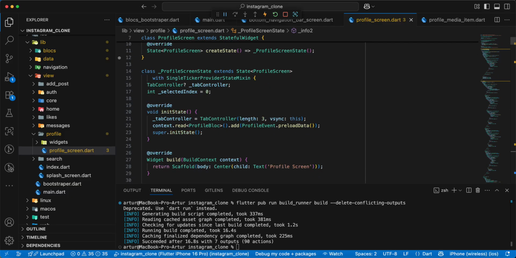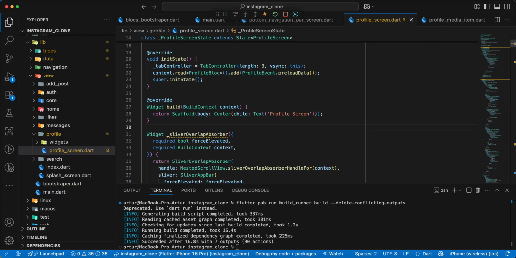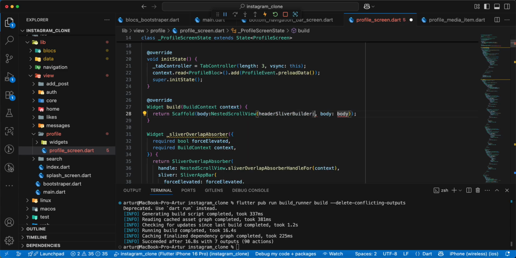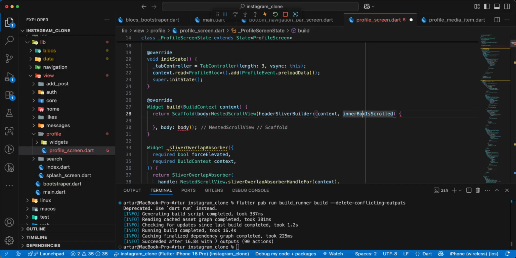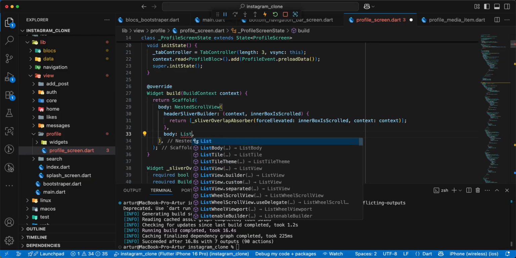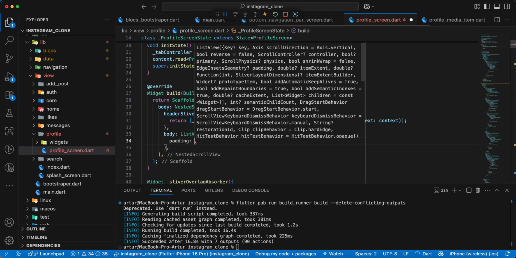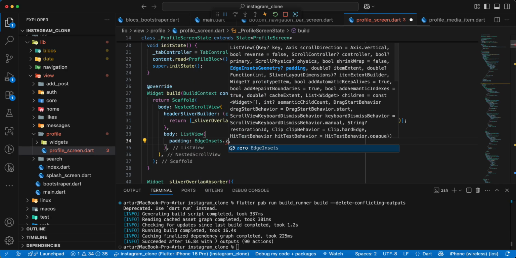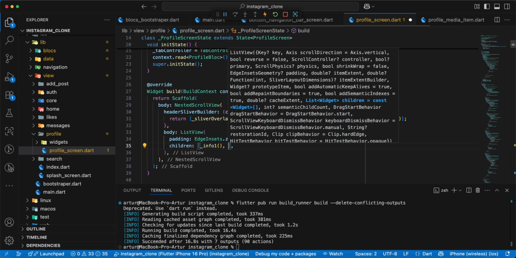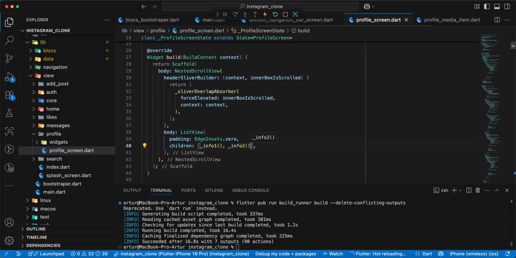then we add widget info2, and now we update widget scaffold, add NestedScrollView, write return, write ListView, write Padding, EdgeInsets 0, then we add children info1 and info2, save,